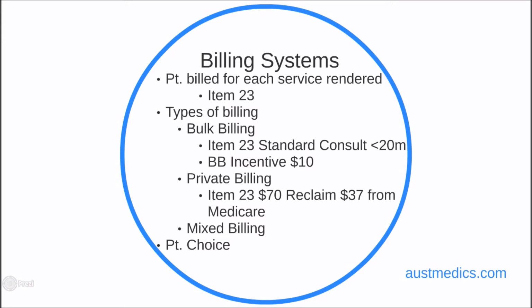For people who are working, you would then charge them privately for the consultation. But it's completely up to you how you bill. So, if you're in a private billing system practice, you may, if someone says, look, I can't afford anything, and you agree that they probably can't afford anything, you're perfectly entitled to say, oh look, I'll bulk bill you this